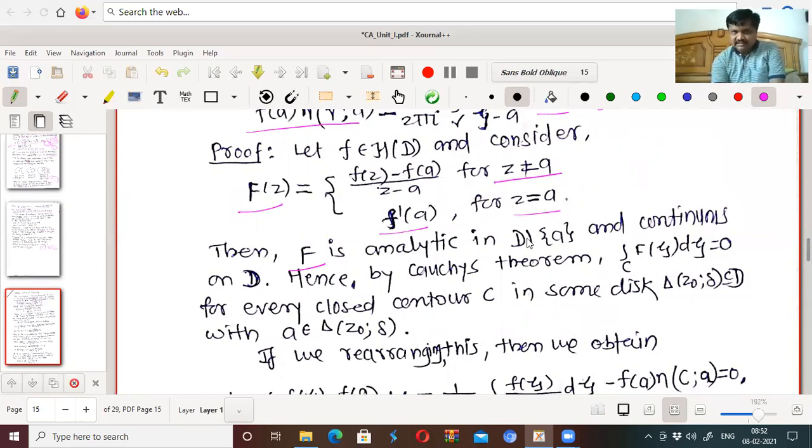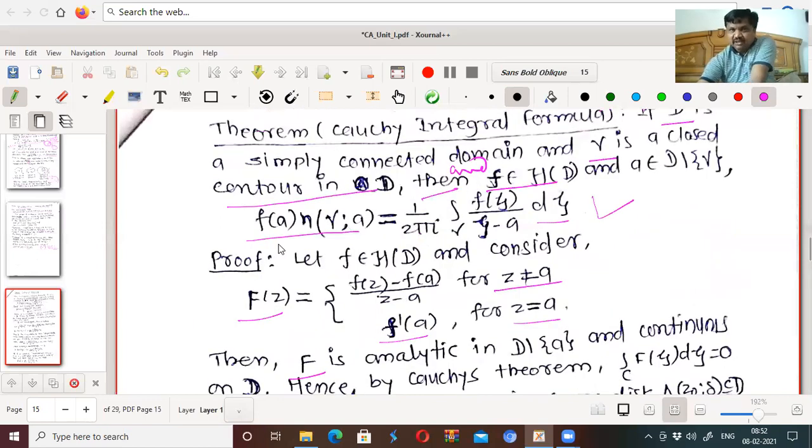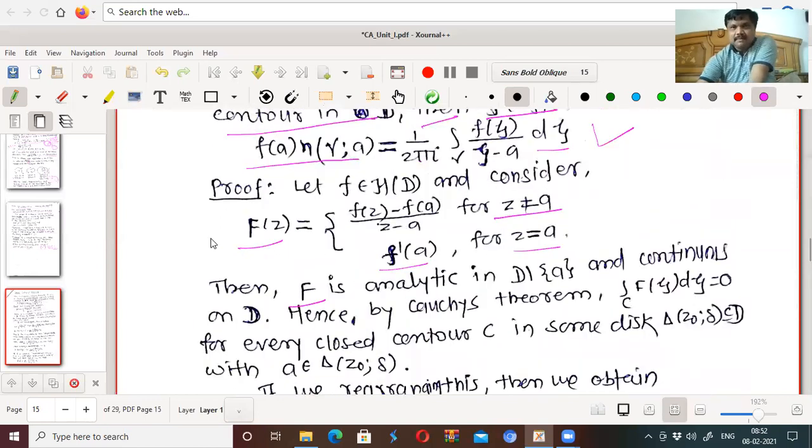So we can find its derivative, and it is continuous on D also. Now this is for capital F, not small f. We define the function capital F in terms of small f. That's why capital F is analytic in this domain and continuous on D. Hence,